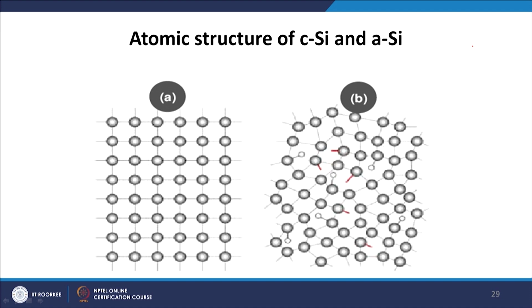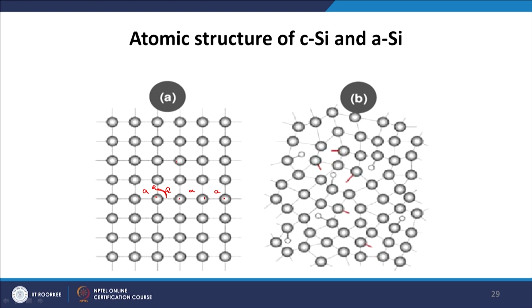Here we are showing the atomic structure of the crystalline silicon and the amorphous silicon. As we have drawn here, you see that the distance between the successive crystal atoms is fixed. If this is A, then this will also be A, this will also be A, this will also be A, and the angle between these two-three atoms, the angle is this one, that is always fixed